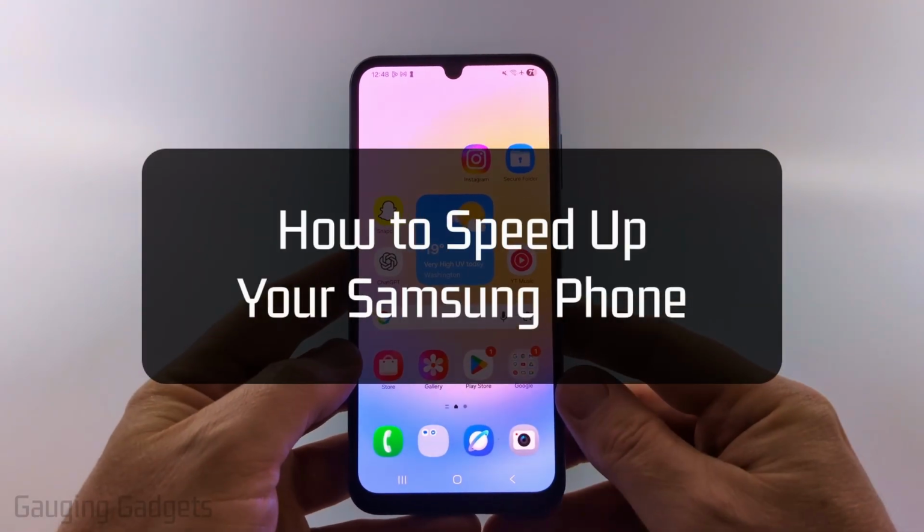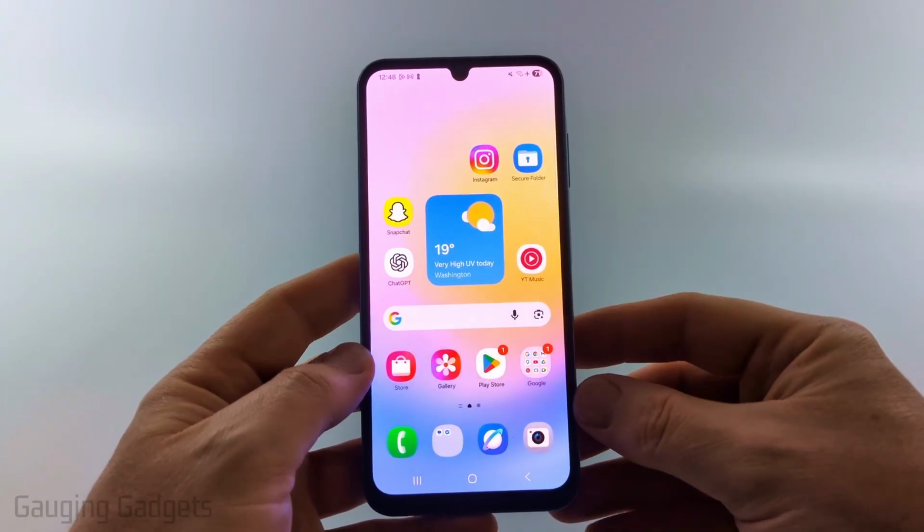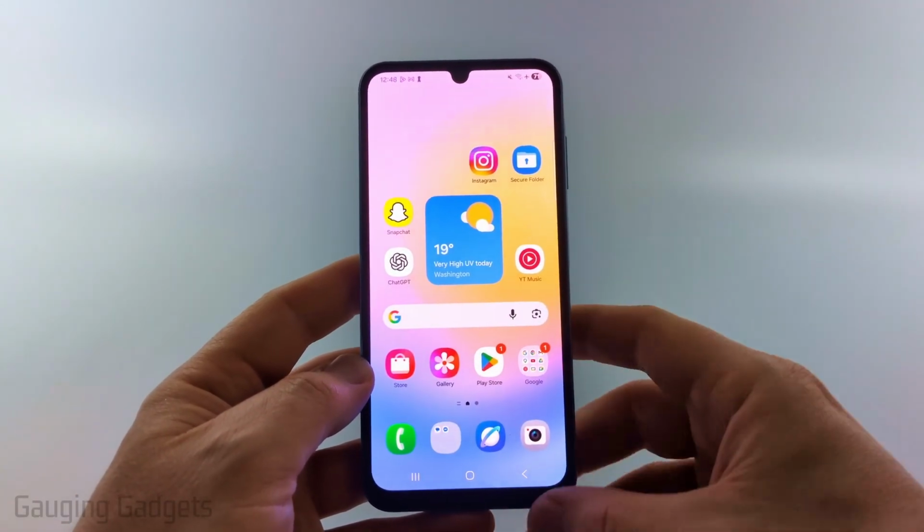How to speed up your Samsung phone. In this video, I'm going to show you a really quick tip that'll help make your Samsung phone feel a